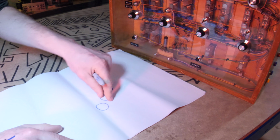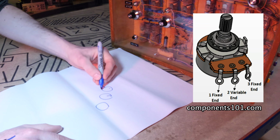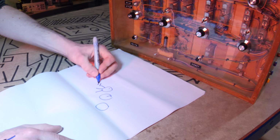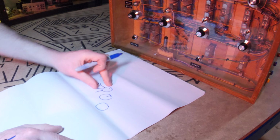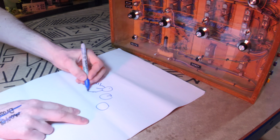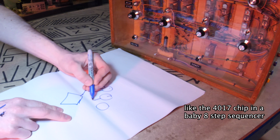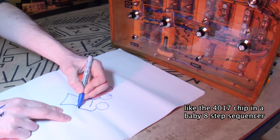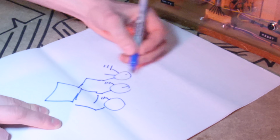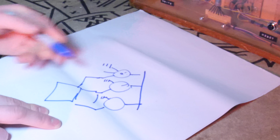So these knobs right here have potentiometers around the back of them. These are variable resistors, and usually in sequencers like this, you have one side of the knob that's wired to something like ground, so it goes to 0 and sends no pulse in, and then this side is wired to something like a counter chip. This tells the potentiometer when to turn on. They're all going to ground, and then the middle leg of the potentiometer, they all connect together,